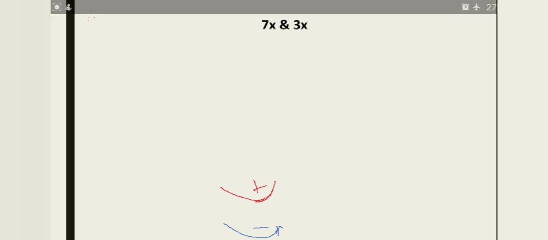Okay. So addition and subtraction of real numbers is the same as addition and subtraction of polynomials. We have already learned about polynomials in our 8th standard, isn't it? We will add polynomials only when we have like terms, right? So here also I have taken two terms, 7x and 3x. We'll add them. 7x plus 3x is equal to 10x. 7x minus 3x is equal to 4x. So how easily we added, isn't it?